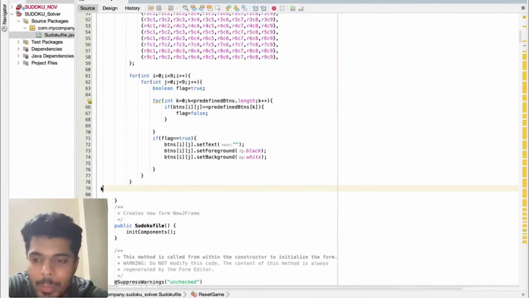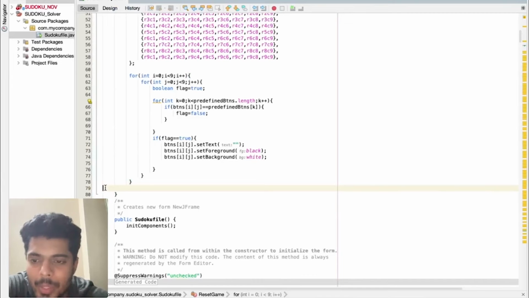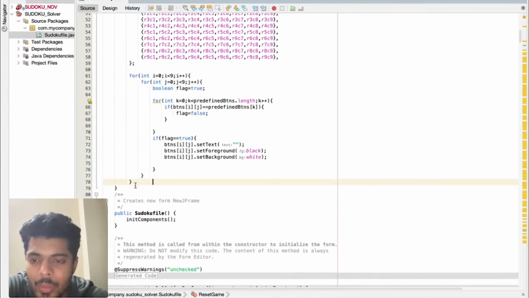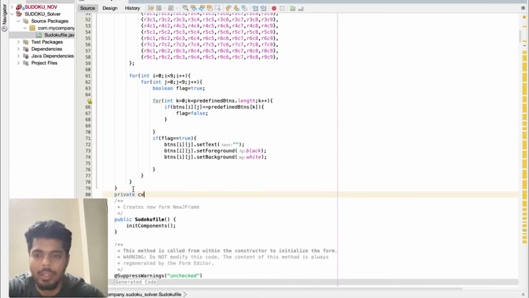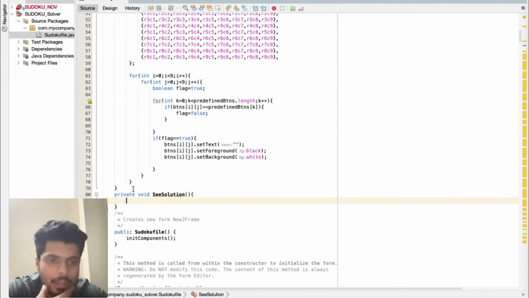Indeed, this is not a good practice of development, so make sure you refrain from giving unnecessary extra spaces while writing your code. Private void C solution, let's say the name of the function is C solution.